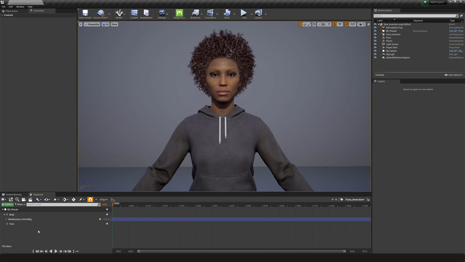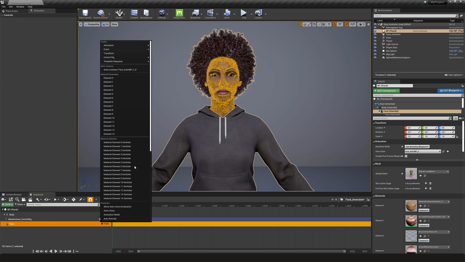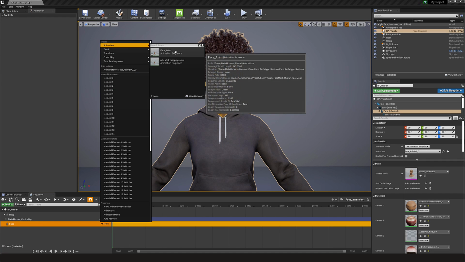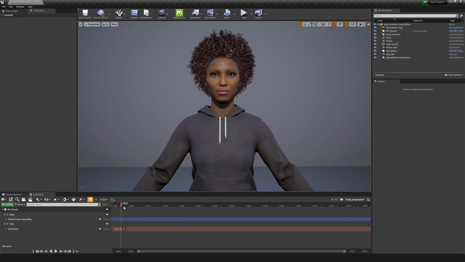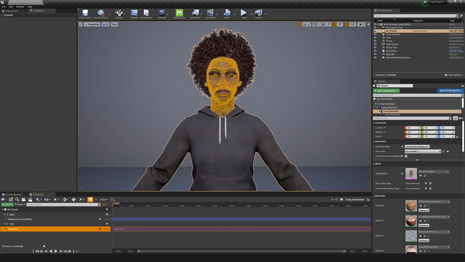Now I will delete the face board because we baked to the input curves, so we don't need the board anymore. And when you import the animation back, you will see it is triggering the expressions properly.